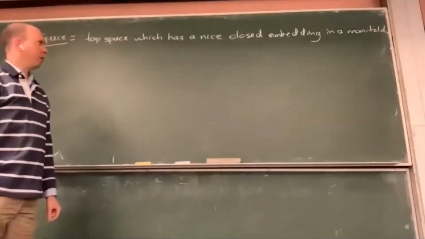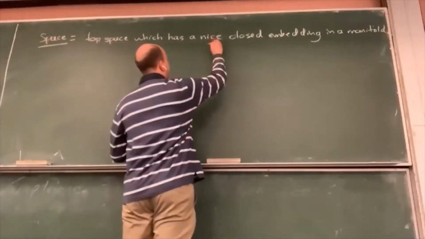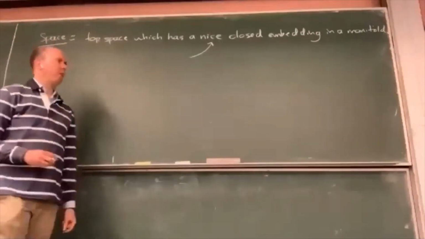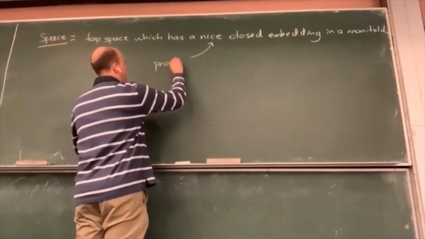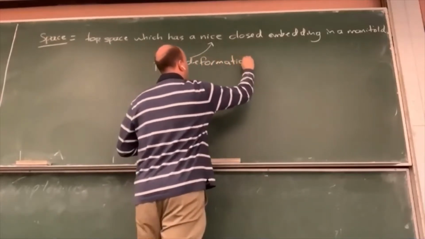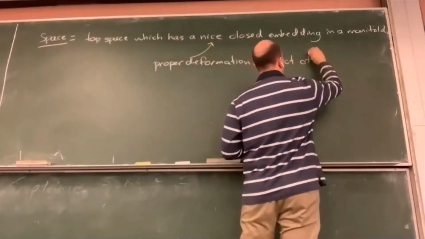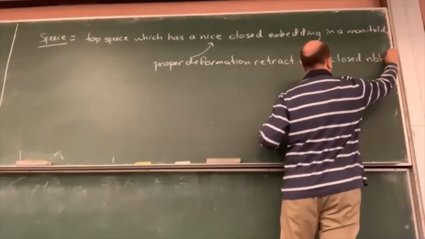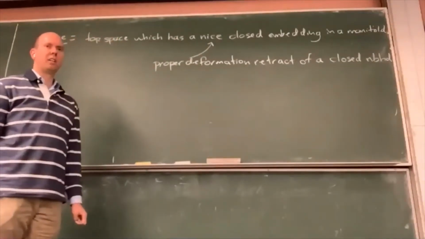Manifold as defined on the other board. So what I mean by nice is that this space is a closed subset of a manifold in such a way that it's a proper deformation retract of a closed neighborhood. So this is a technical condition which is needed to make the definitions work, but we don't need to care